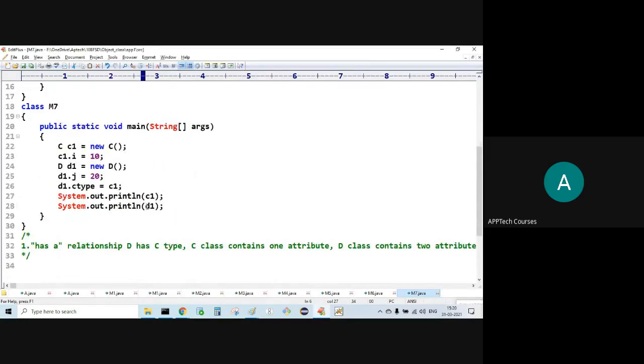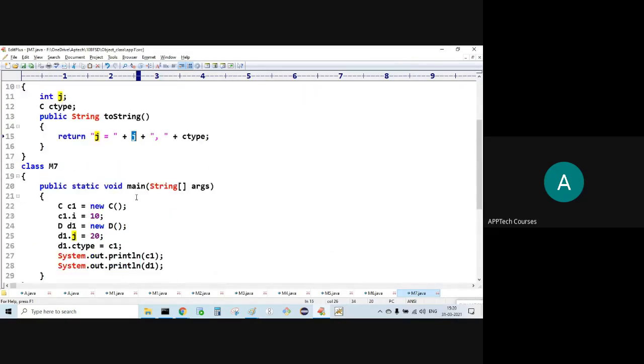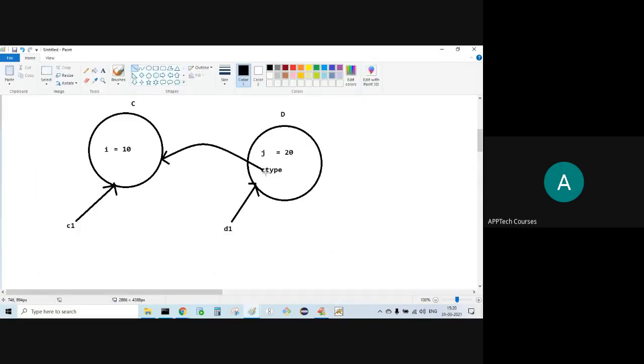Then D1 is going to invoke the toString method. Inside the D class, the toString method is there or not? Yes. Return J is equal to 20, comma, C type. C type is pointing to what? The C object. Now this is also a reference of the C class. It is going to call the toString method of the C class.